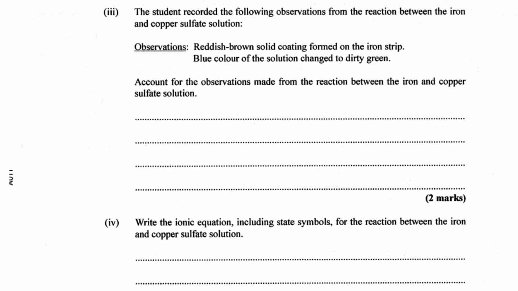Part 3. The student recorded the following observations from the reaction between the iron and copper sulfate solution. Observations: a reddish brown solid coating formed on the iron strip. The blue color of the solution changed to dirty green. Account for the observation made from the reaction between the iron and copper sulfate solution. So first things first. The reddish brown solid coating that would be on the iron strip would be